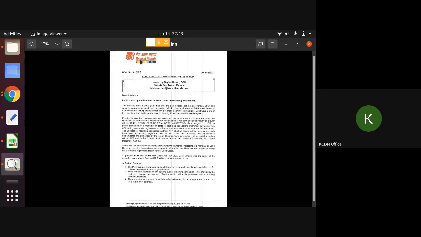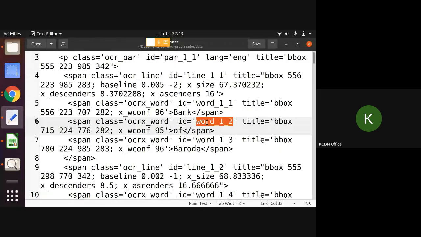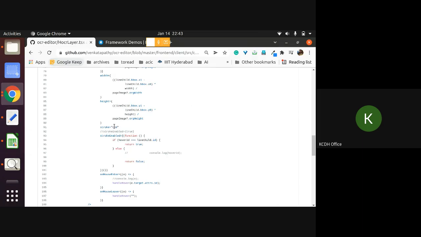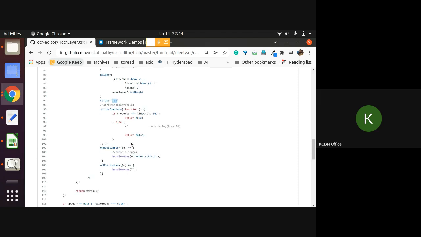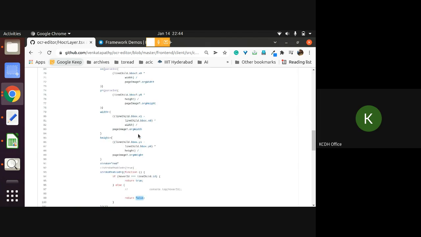So whenever I enter this particular word, this event is triggered, and there is a unique ID for this, right? You can check the ID. You can see that ID is here. So I check if the mouse has reached an area where that ID is present. If it is present, then I create a stroke of red. Okay, this is a very high level logic, but once you get into it, you understand. So the stroke will be enabled, and whenever I leave, then the stroke will not be enabled. So this is one function which will run like a loop for each word.